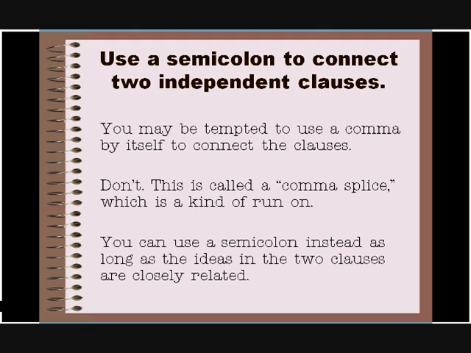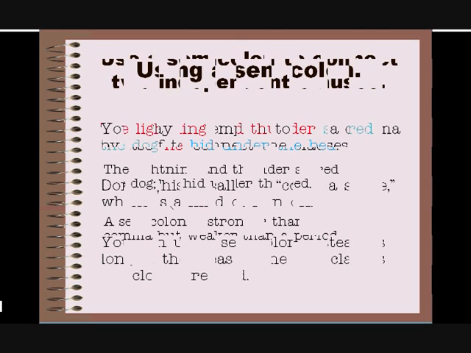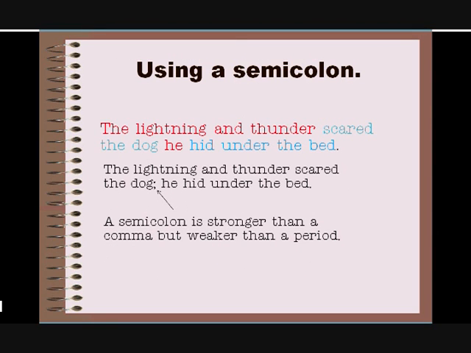The two independent clauses have to be closely related in the ideas that they convey, and I'll show you one that is and one that isn't. So our example sentence we've been working with does work this way, in my opinion. It's a little bit subjective. But the lightning and thunder scared the dog; he hid under the bed. So those are closely related because one thing led to another, or if you have two independent clauses that contradict each other, like,